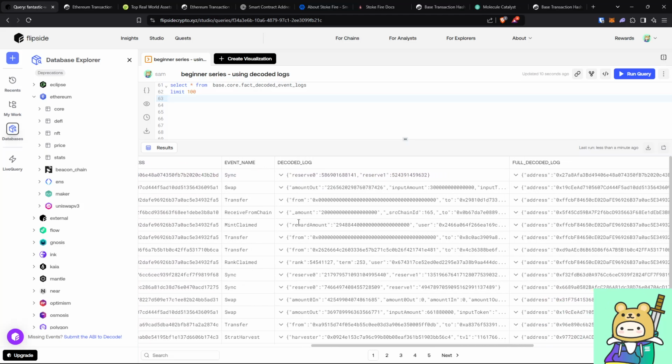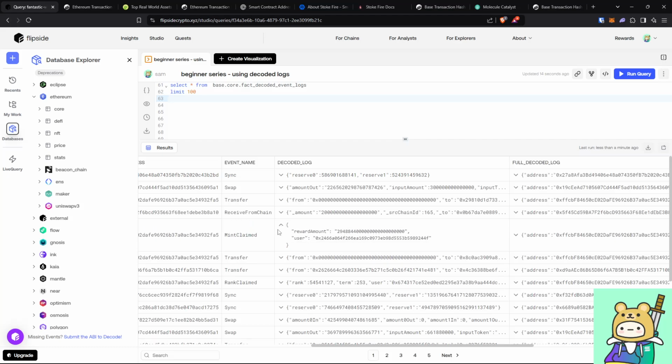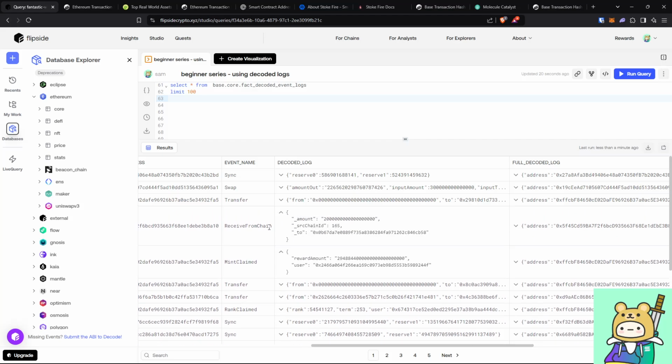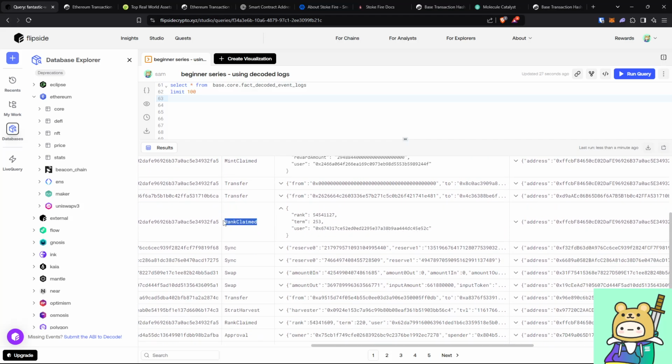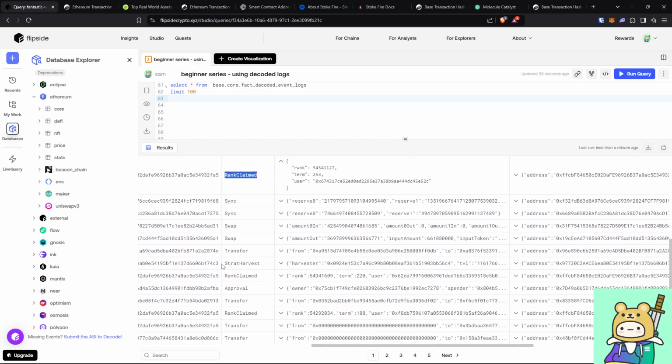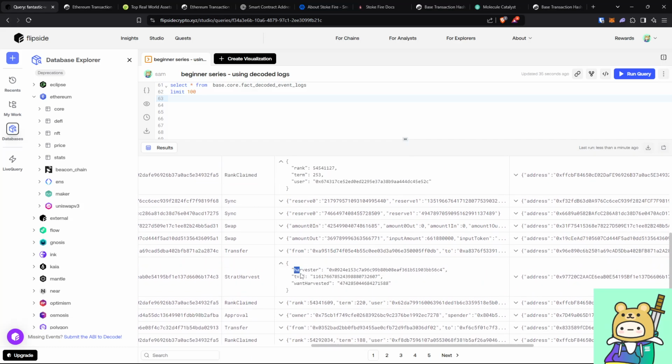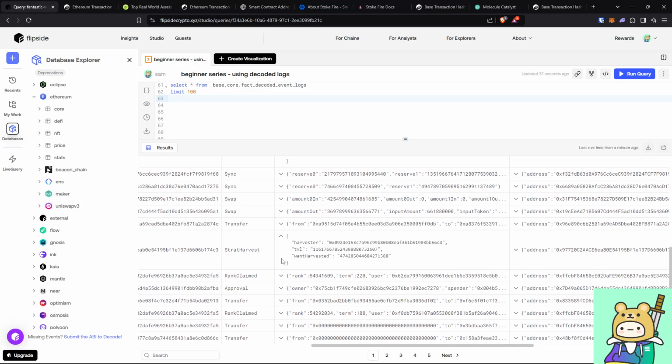So let's go through the list of event names. Mint claim. What exactly is mint claim? What exactly is this project? This could be a whole dashboard by itself. Receive from chain, so this must be some sort of bridge, right? Again, cool stuff. Rank claim. What rank are they claiming? Am I missing out on something important here? Strat harvest, harvested, TVL, one harvested, right? So many